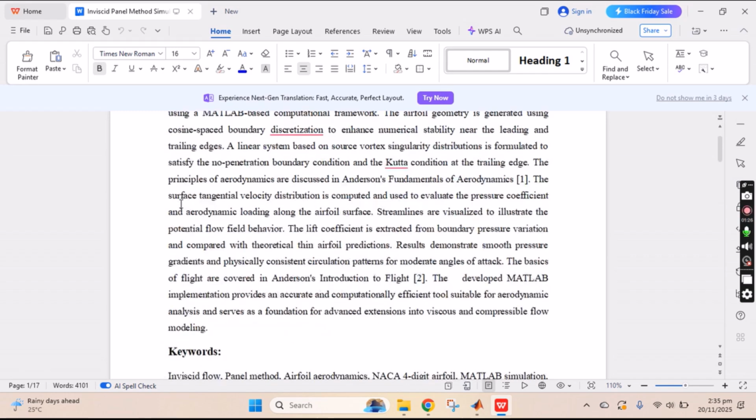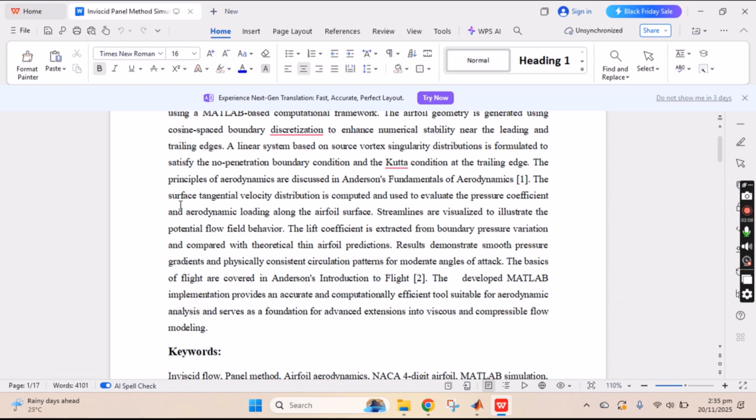So these aerodynamics methods are used in the Air Force and airways companies, and this technology is used for airfoils and the potential flow field behavior over the airfoil surface. The basics of flight are covered in Anderson's Introduction to Flight. The development and implementation of accurate, computationally efficient tools suitable for aerodynamic analysis, of which the best tool